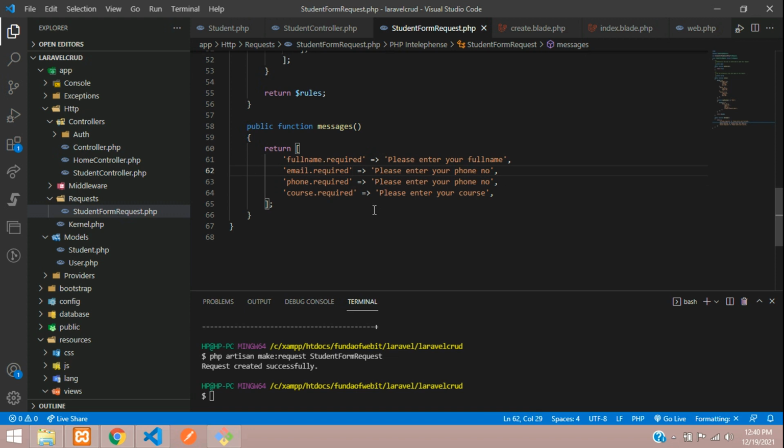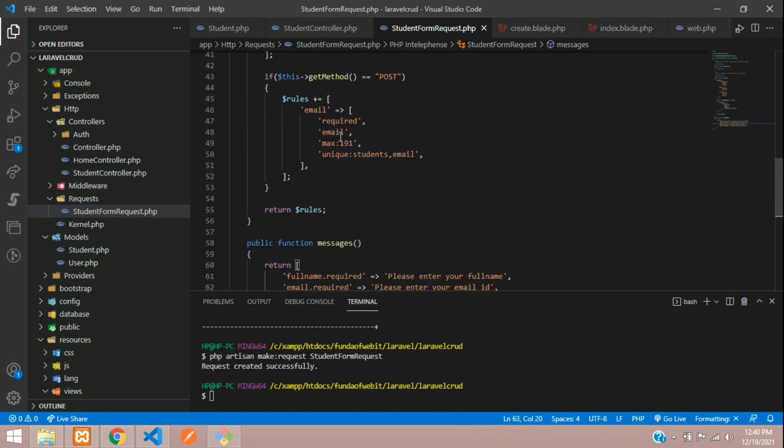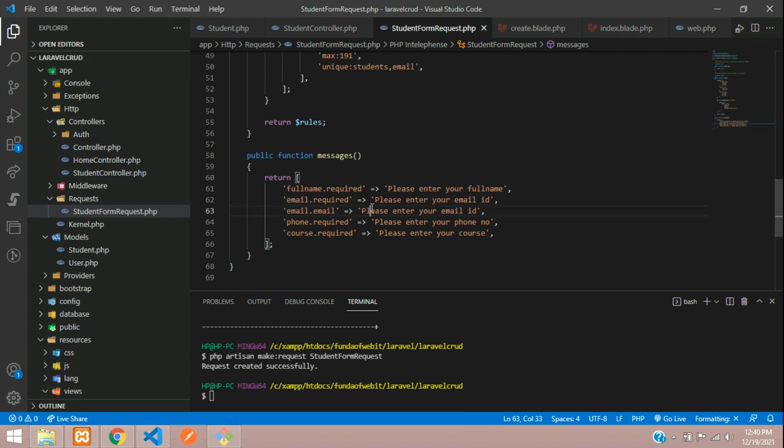Email, when you are required, please enter your email ID. And if you want the correct email, which means this email field, if it's not correct, please enter correct email ID. Okay, so now guys,